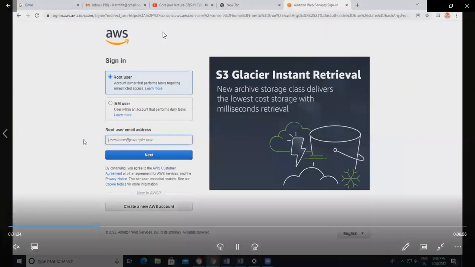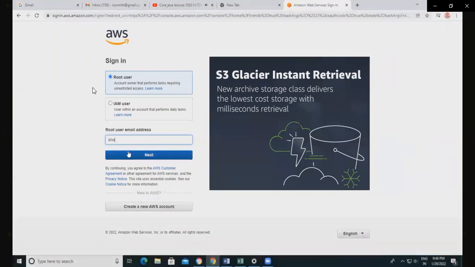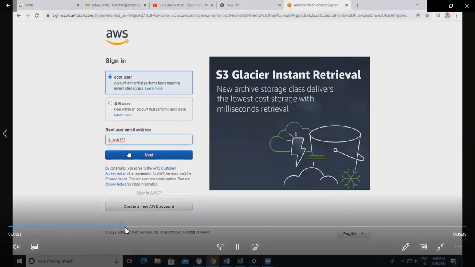So by user I don't have, means first of all I have not yet logged in here, so if I put any email ID then it will fail. You can check here, I entered khush123, but when I click on next I am unable to go to the particular page. So let's check it. After clicking on next, okay, taking some time. See, then I put again